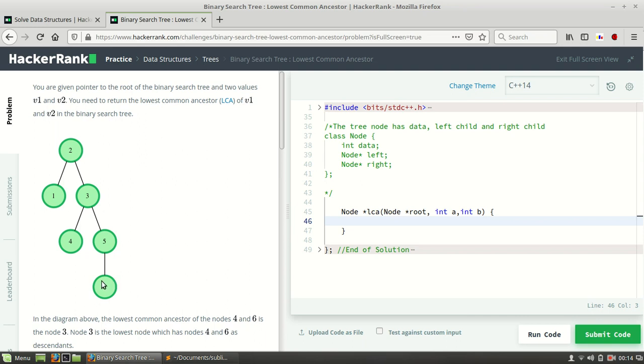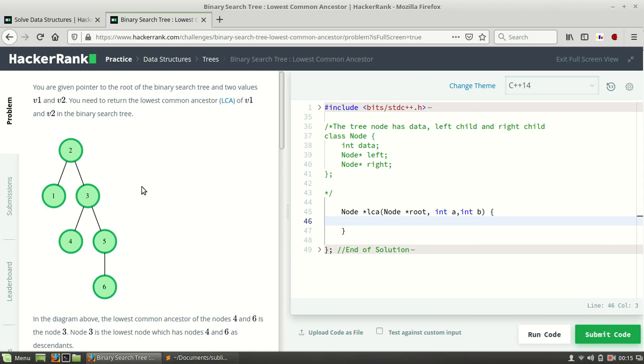Our logic is that we will make a the smaller value, because we are given a binary search tree, so it will be easier for us to find. So hope you all know what is a binary search tree. If you don't know, please search it on Google or watch the videos on YouTube.